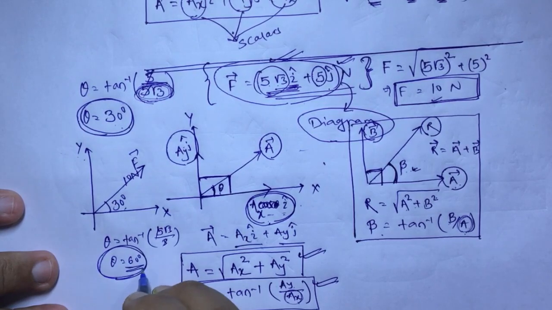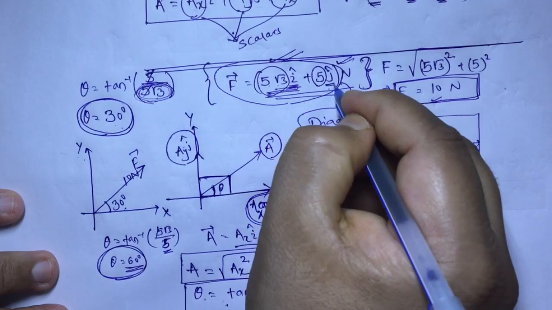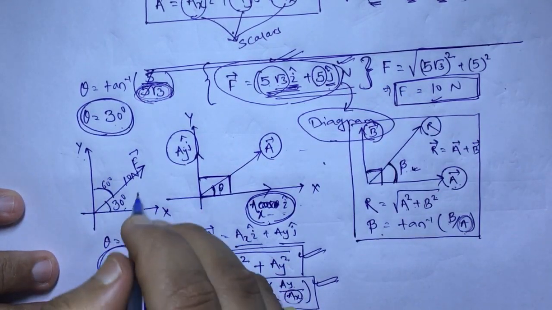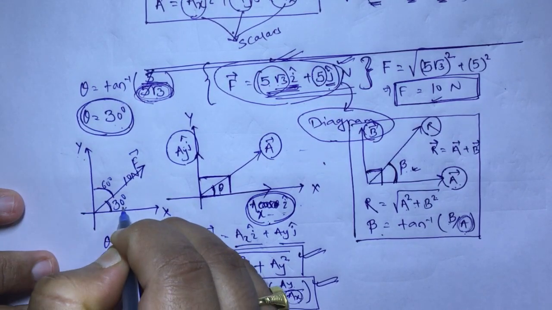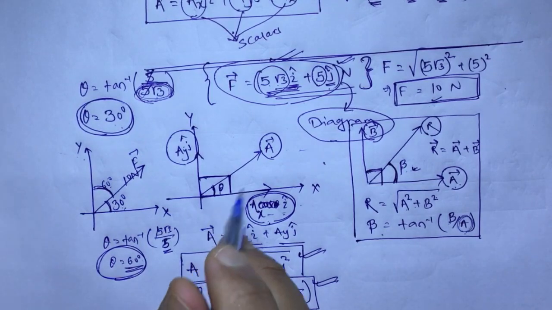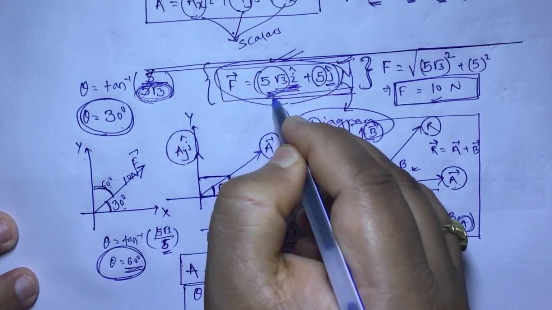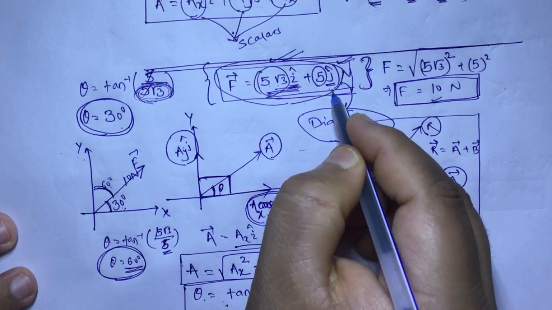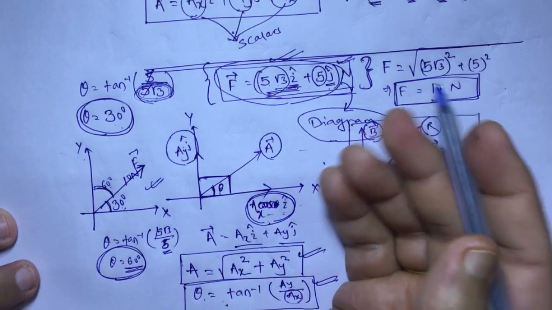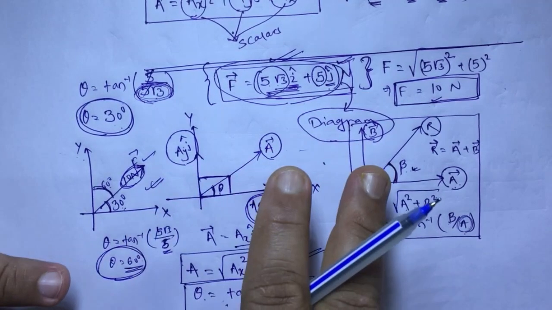And in this case, this angle 60 degree is with this 5 unit, and 5 unit means along j cap. So you will get that this angle is 60 degree, but both have the same meaning. In the first case I found 30 degree with the x axis, and in the second case 60 degree with the y axis, but they have the same meaning. So what we have done here: a mathematical form was given to me, F vector equal to this much, and I found how the vector actually looks, what its magnitude is and what its direction is. So we learned both things.